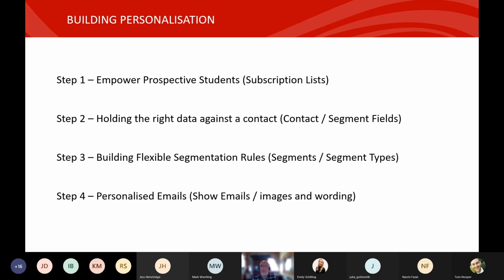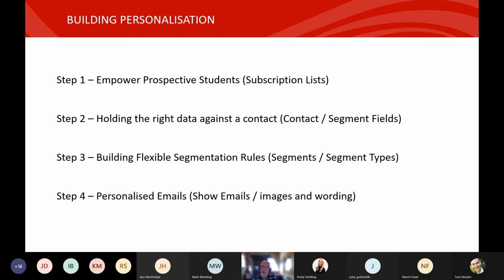So what we have is obviously what you'd expect, the standard contact demographic type information, but it's also the additional segmentation data, or segmentation fields is what we tend to call it. And that's pulling information in from multiple sources. So some of that segmentation information will be coming from subscription lists and the information being provided by the individual. But as they go through that journey and move on through that student journey, other bits of information might be pulled from elsewhere. So, for example, if they've